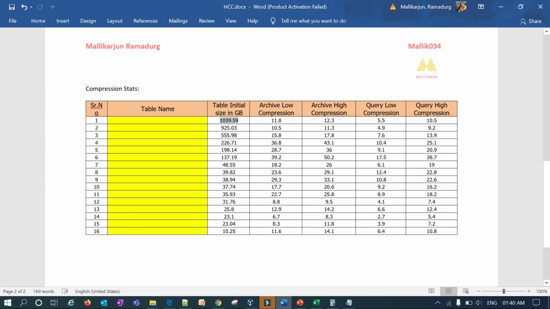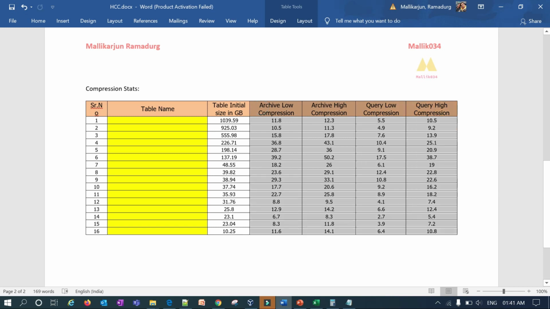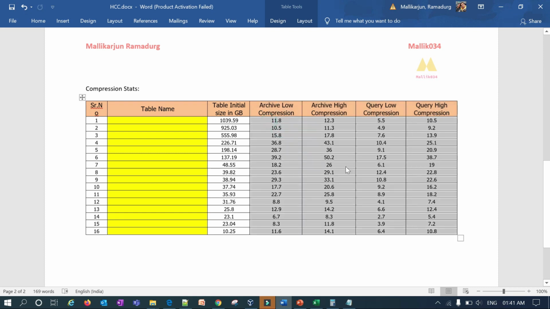This is 1000 GB, 900 GB, 500 GB, 200 GB. These are the tables we decided on after multiple discussions with the business team. Out of those 16 tables I ran the dry run for all four compression types, archive low, archive high, query low, query high, and then I came up with these particular stats.